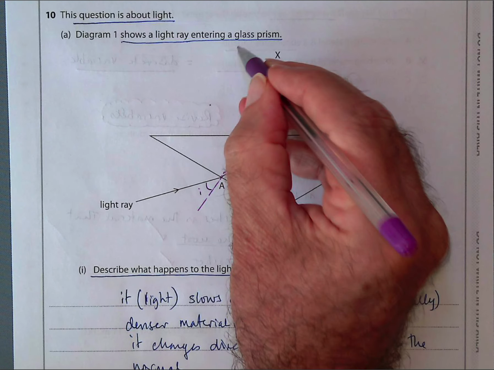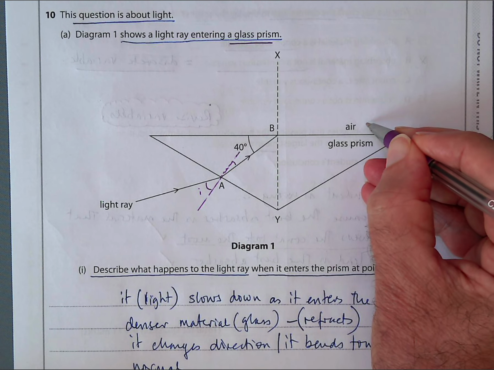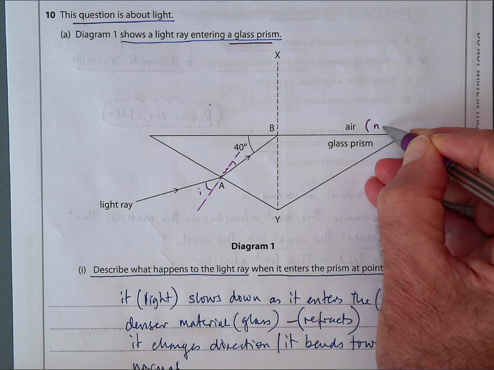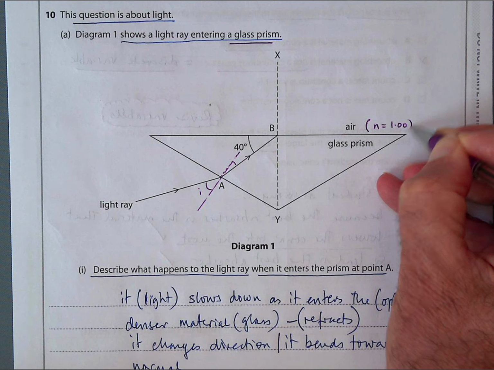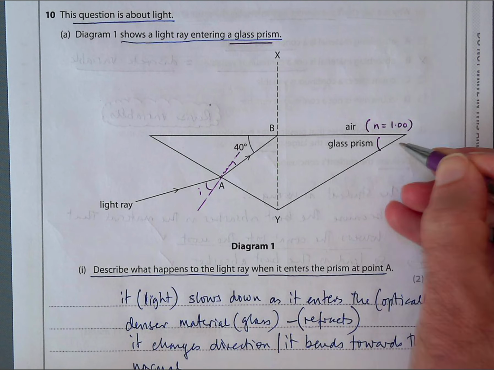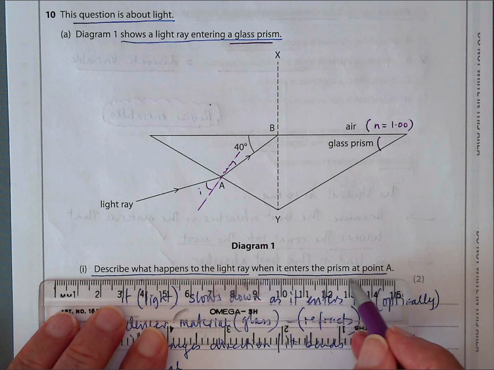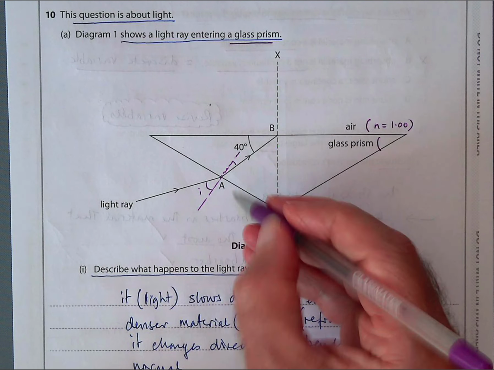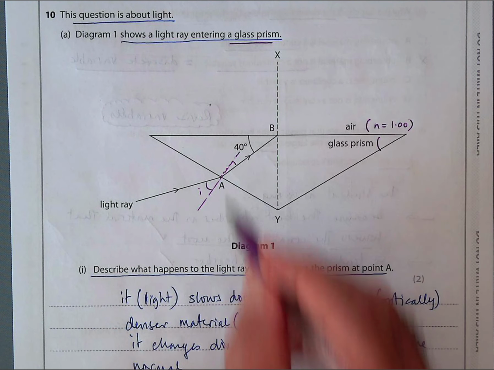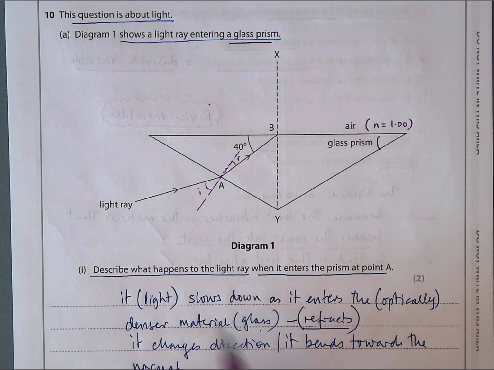So it's entering a glass prism. And this is air. For air, the n value is about 1.00. For glass, what is it? It's normally about 1.5. So let's see what they're going to ask us. Describe what happens to the light ray when it enters the prism at point A. So what happens here? Well, by drawing the normal and showing you these angles, the light slows down as it enters the optically denser material, glass. It refracts, in other words. And what happens when it refracts? It changes direction, or it